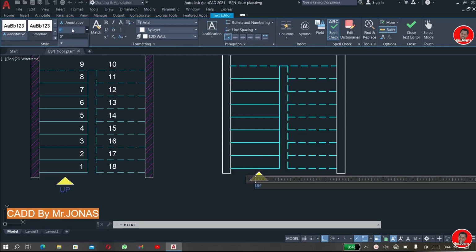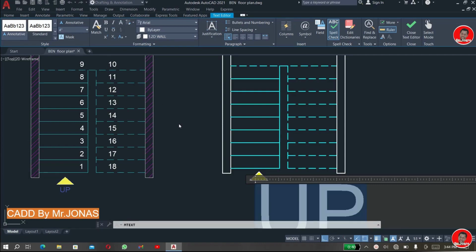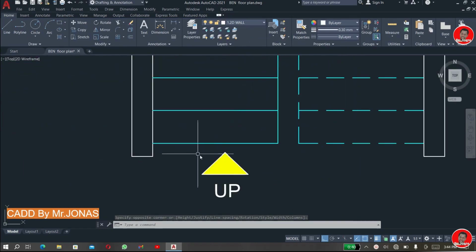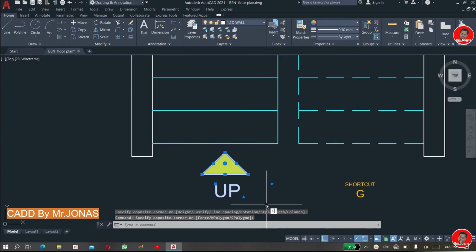Oh, sorry. 4 inches. UP, select, type 4 inches, enter. So select, type G for group,